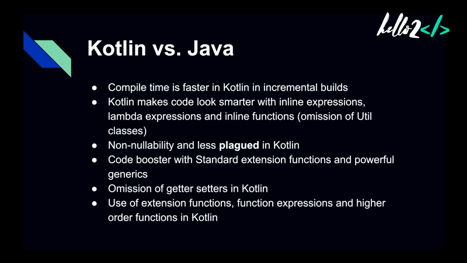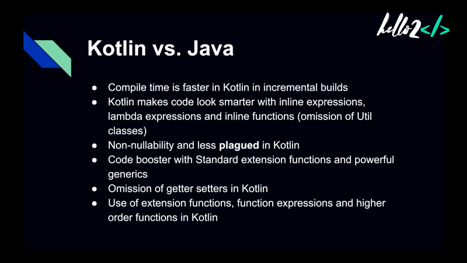First thing which is noticeable is the compile time. Now, there have been a lot of experiments conducted on compile time. Talking in respect to an Android project, if you make a clean project build, you can see Kotlin takes slightly more time than Java does. But when compared on incremental builds, that is the builds which we make every time we make small changes in our code, the incremental builds through Kotlin are much faster than those in Java.